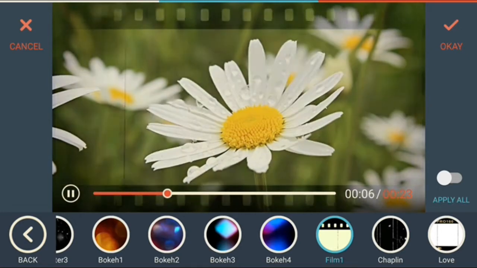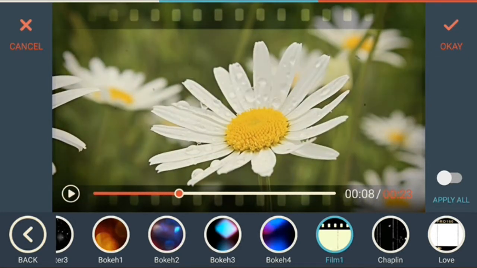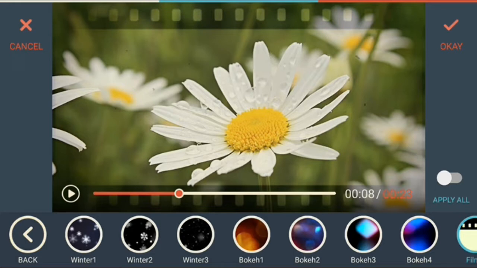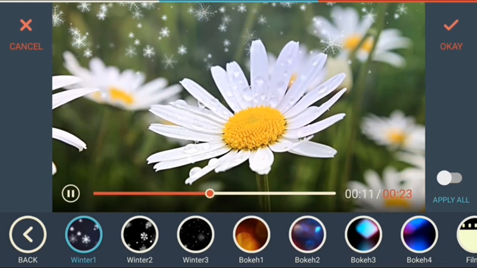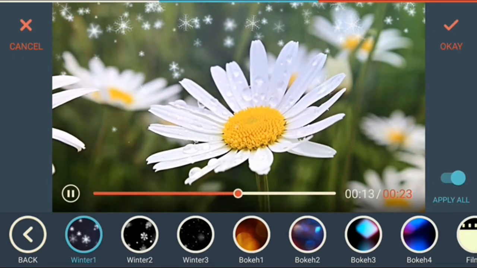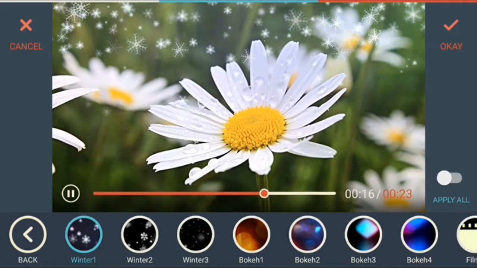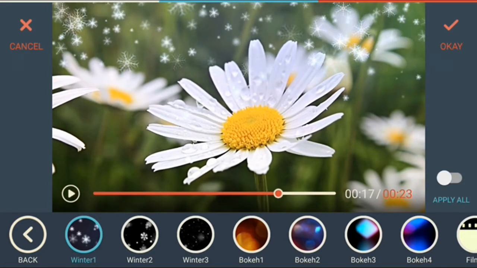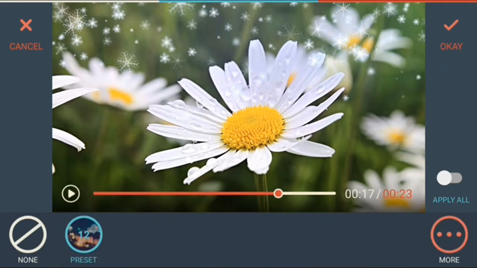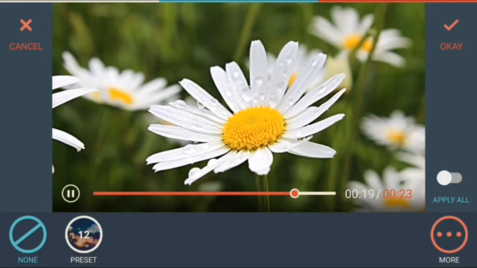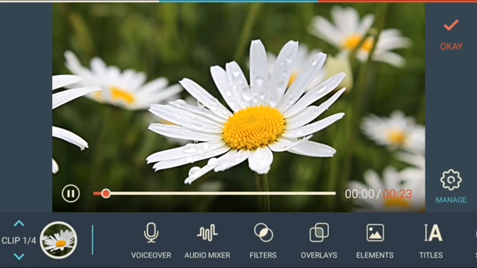This is the film overlay applied, and there is a button which is a slider stating that apply all. When you say apply all, then whatever the overlay you have selected, it will be applied to all the video clips. Now since we don't want, I will not select this apply all, and also I will not select this overlay. I will go back by cancel.